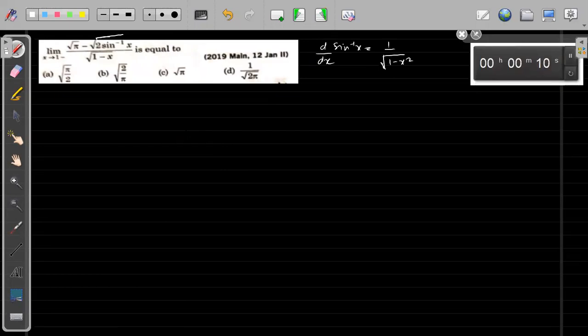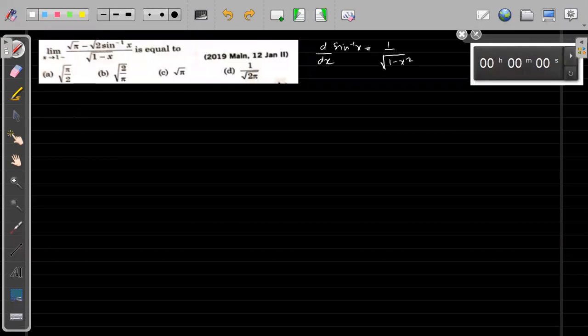This is JEE Mains 2019. Most of the questions we will do now will all be from JEE Mains. You should have solved this question within a minute. This is why it is important and easy for us to solve using L'Hopital, because there is a pi here. When I differentiate this, it will get reduced to a form which is not 0 by 0. Right now this is 0 by 0 form, so I will just differentiate.